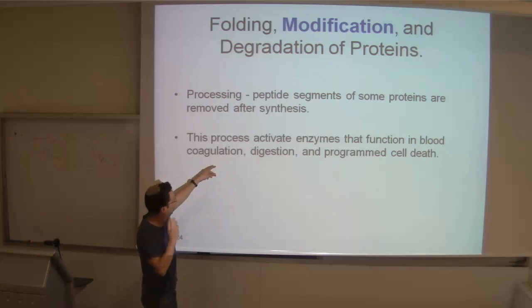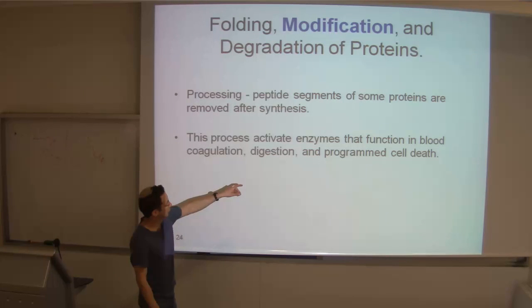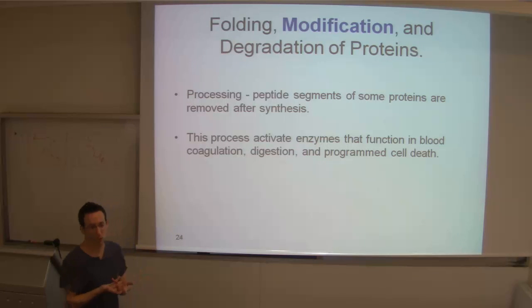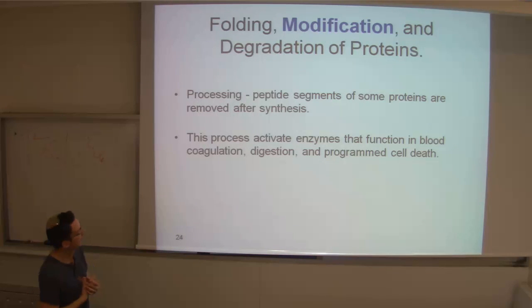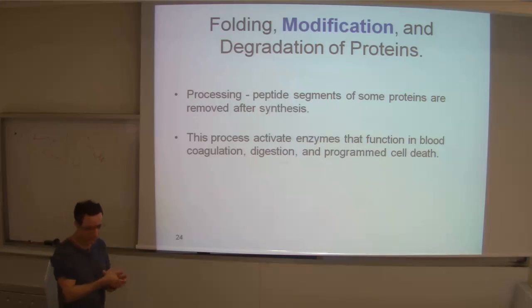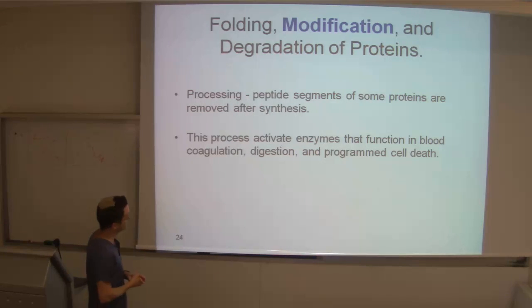Exemplary processes in which this could be found are blood coagulation, digestion, and programmed cell death. These are all processes in which a rapid response is involved. So if you already have a protein synthesized in the cell, then what you need to do for it to become functional is to remove some segment from it, and you don't need to synthesize new genes or translocate these proteins to the right location and so on. Then the response is much